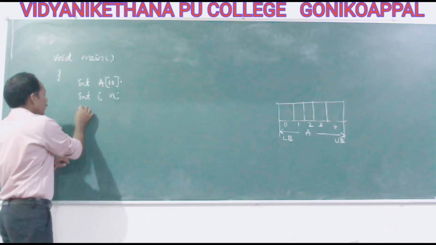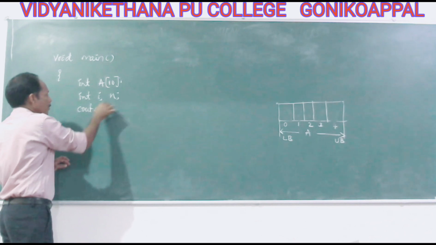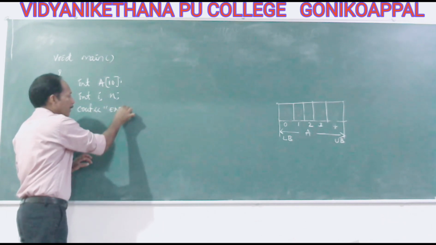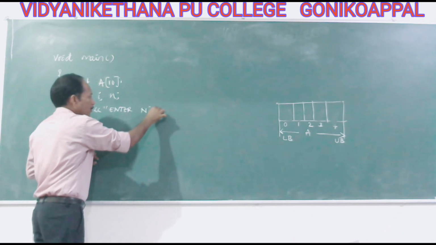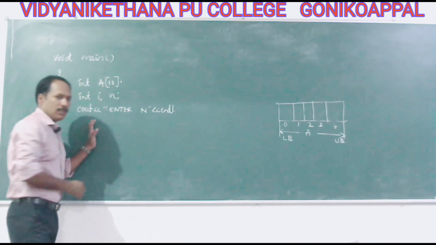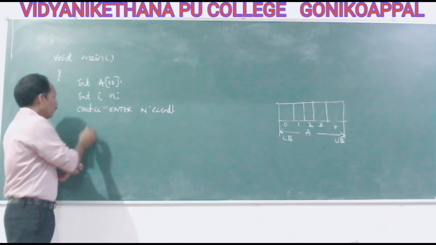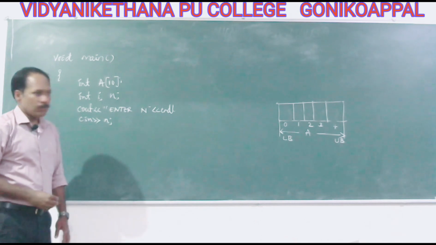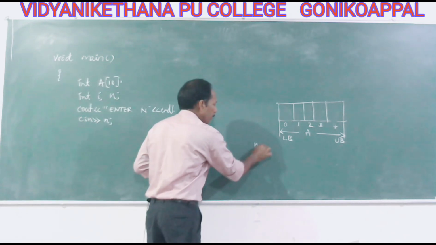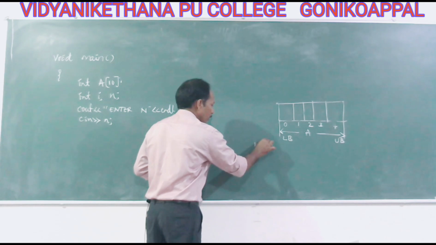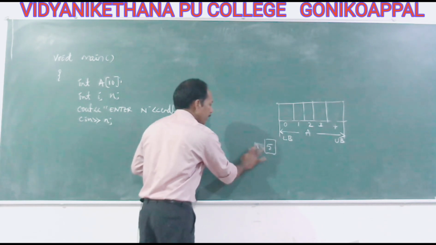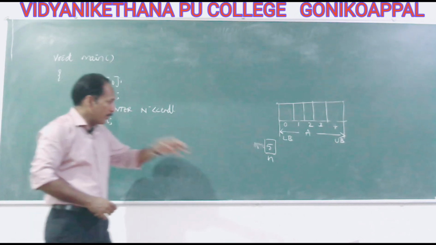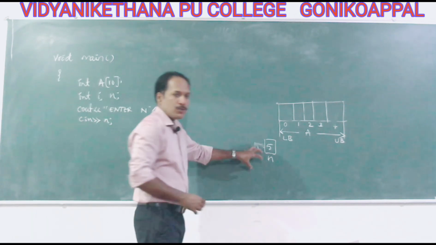Now let me input the values for all those things. Let me input the number of elements: enter the value for n, that is, enter the number of elements, let it be n. I think you are familiar with the cout and cin statements. Now it is input n. If you give n equal to 5, we are going to store 5 elements. So n is a named memory location, identified by the name n. It's a single, individual memory, and if you input 5, it stores 5.